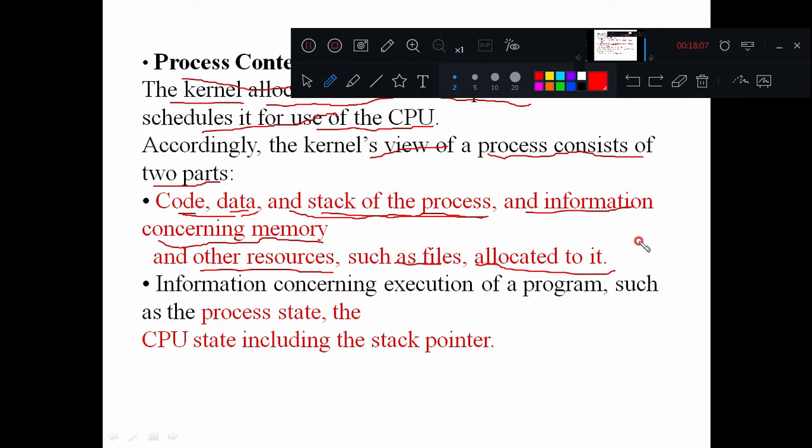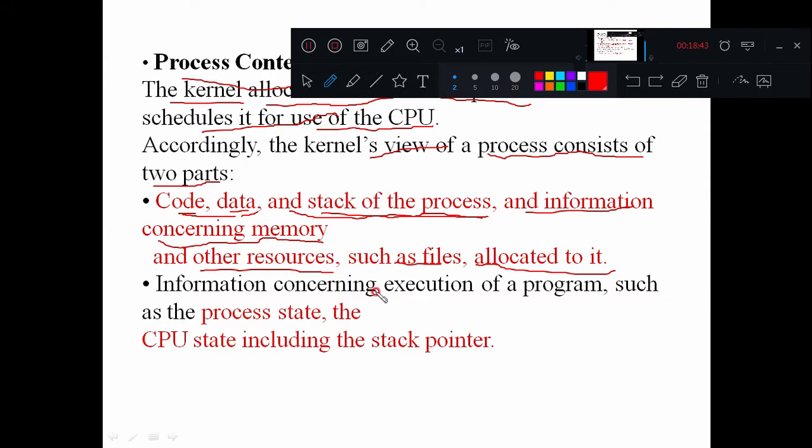So the kernel is going to view all these things. One is the code of a process or a program, the data on which it is going to work, and the functions that particular process is going to call. Then the other resources: which resources it is going to request, the resources which are granted to the particular process, and the different files which are opened or closed, or which are opened in either read or write mode. All this information will be viewed by the kernel, right?